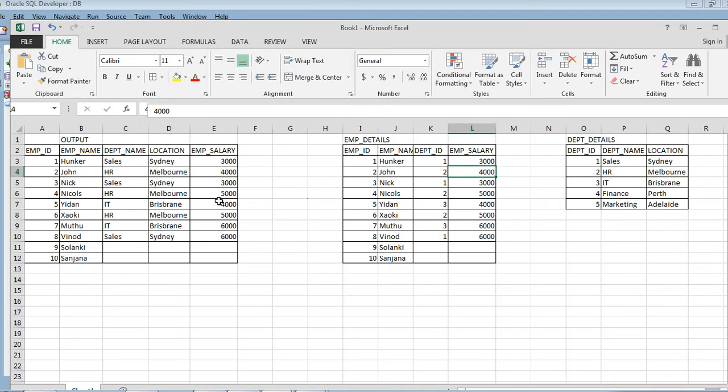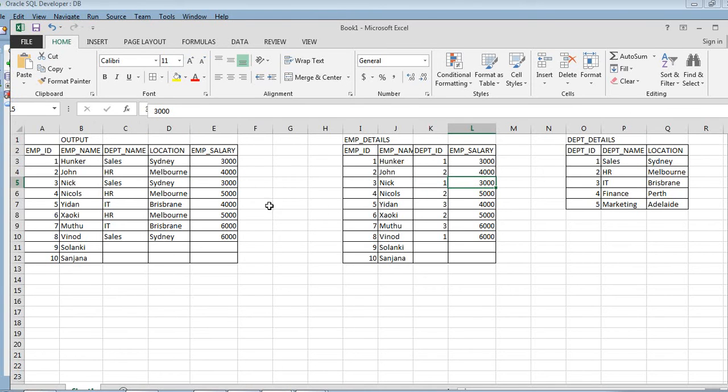Yeah, matching properly. Like that, if we tally the third row as well, employee ID 3 means Nick, and for Nick, department ID is 1. Department ID 1 is sales and location Sydney. So for Nick, it is reflected as department name sales, location Sydney, and the EMP salary 3000 as mentioned in the EMP details table.